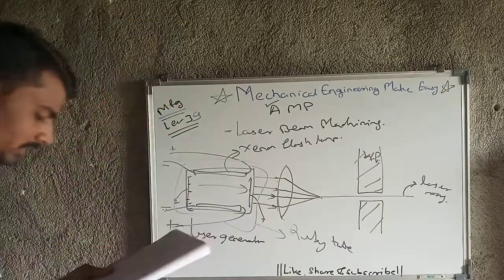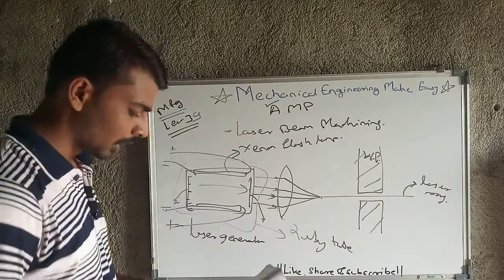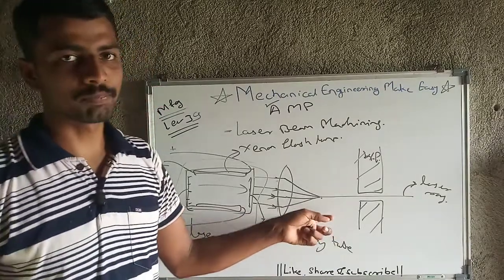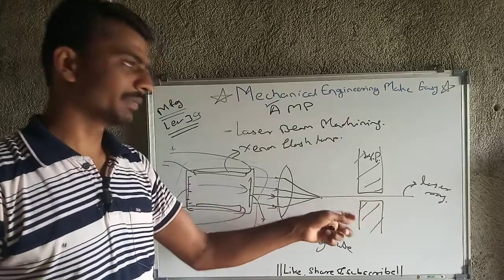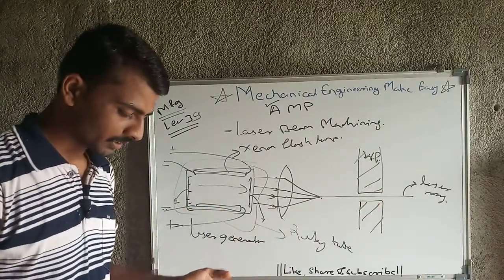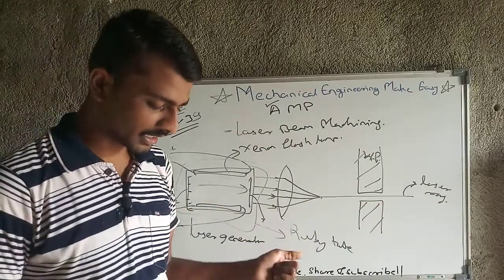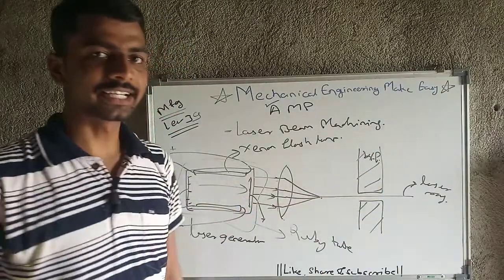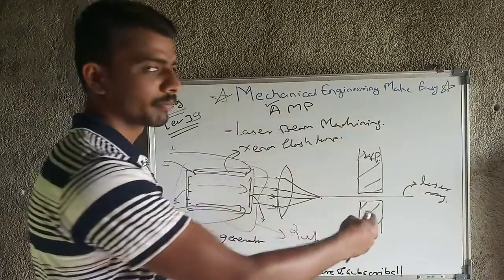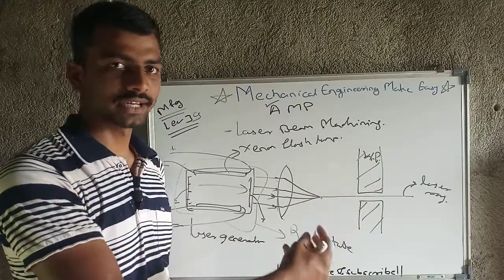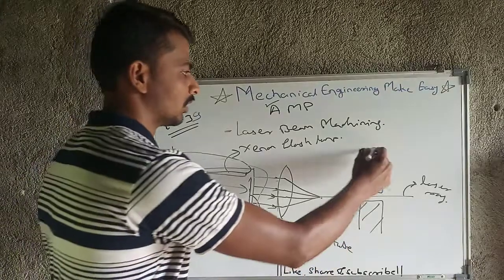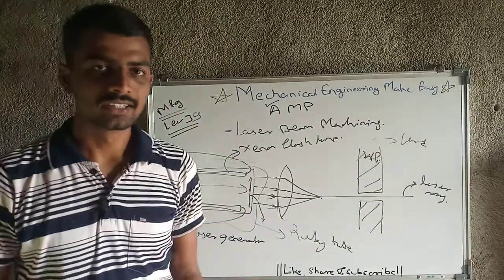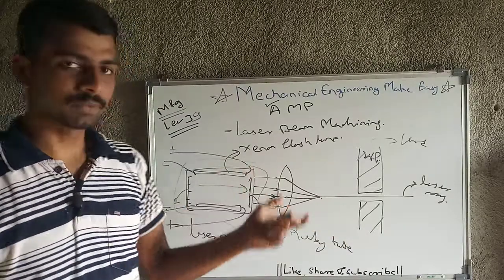Now we will move towards next parameter, that is nothing but no direct contact of workpiece and tool. As the tool is nothing but laser beam, so no direct contact of workpiece and tool. Then next parameter is easy machining of brittle, non-metallic and hard materials. As here we don't have to give any electricity to the workpiece, so the material may be non-metal, any ceramics, plastic etc., but easily for hard material. If material is harder, then that is easy with the help of laser beam machining.